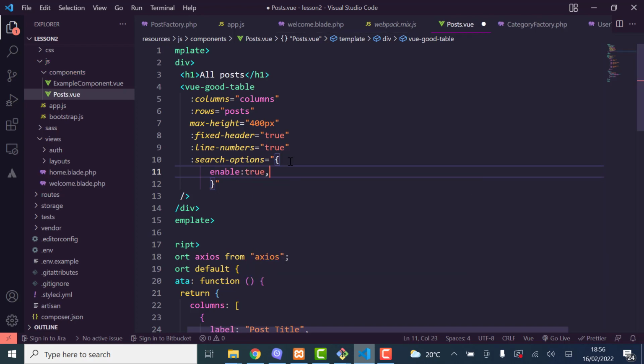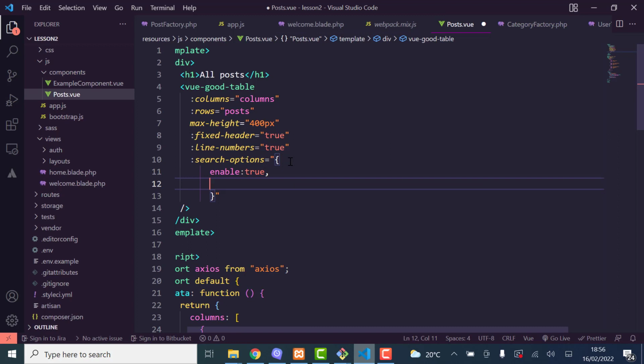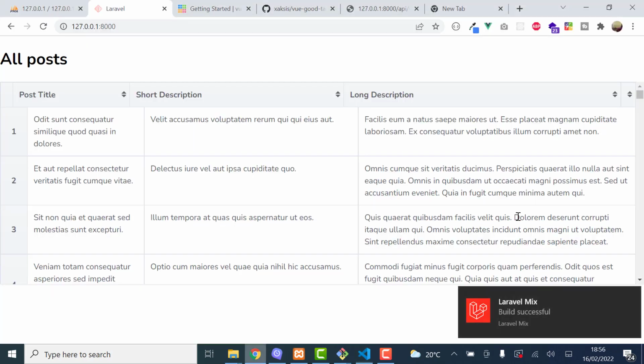And then placeholder. So you can do your own placeholder. Either search placeholder, you can change it. So placeholder, and you can do search data, whatever you want to do there. You can just do search or search data or anything you want to put there as the placeholder. Now, after we've saved that, if we come back and refresh,